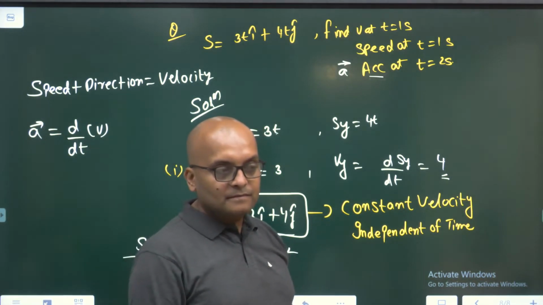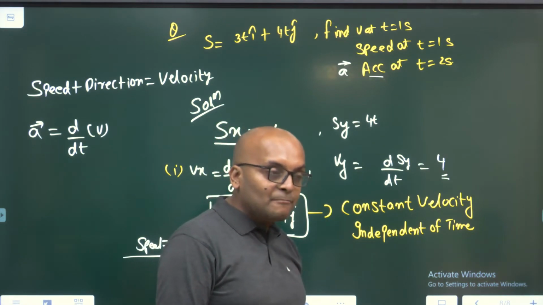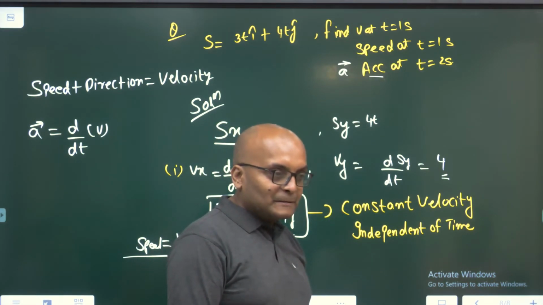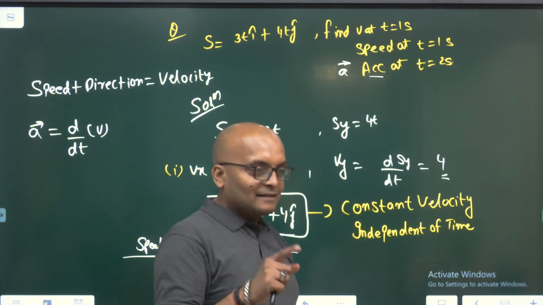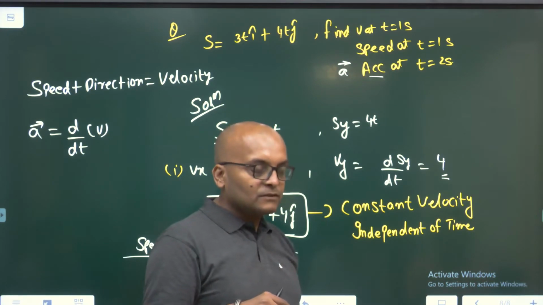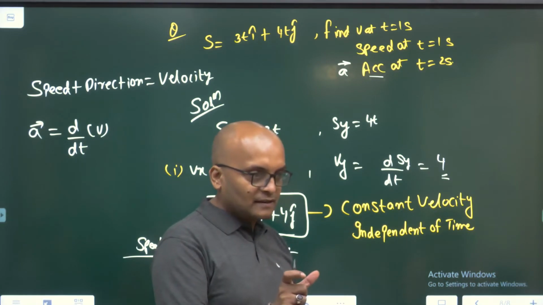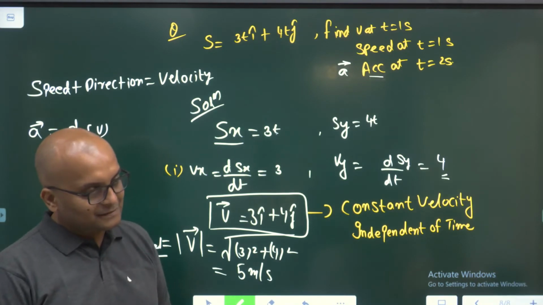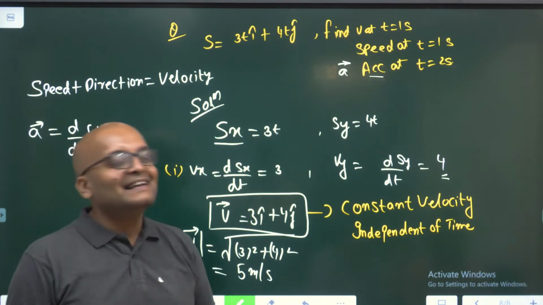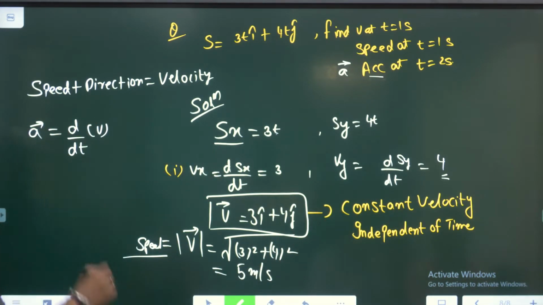Velocity and time constant रहते हैं. How can time remain constant? Time मतलब equal रहता है. Time equal रहते हैं. You mean मतलब time change नहीं होता. Time change नहीं होता है, time constant होता है. I mean like velocity and time का ratio जो होता है वो. No dear, wait. See,